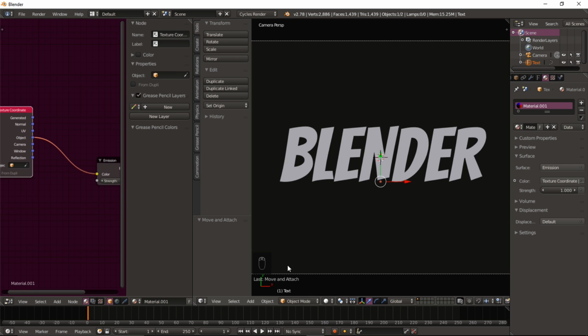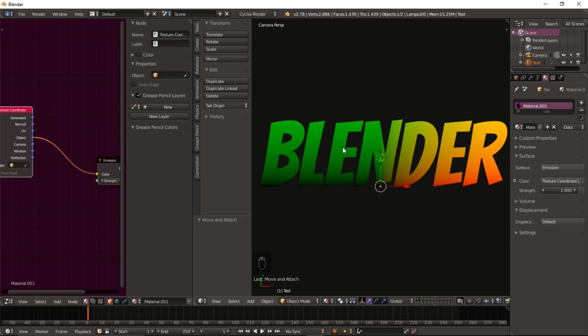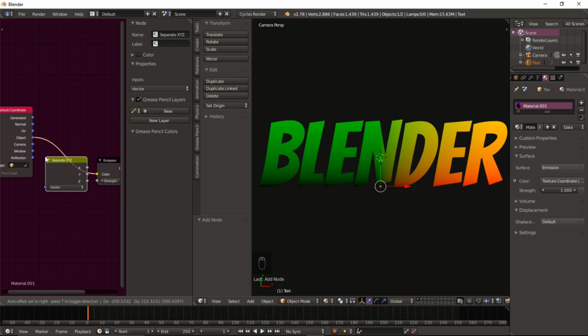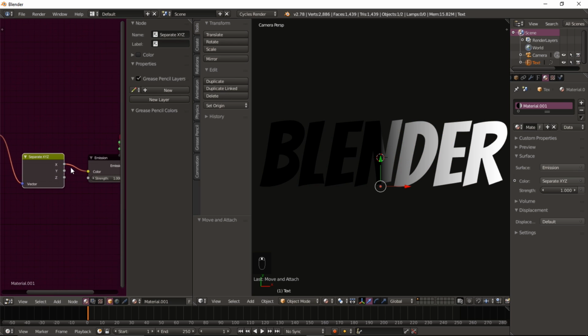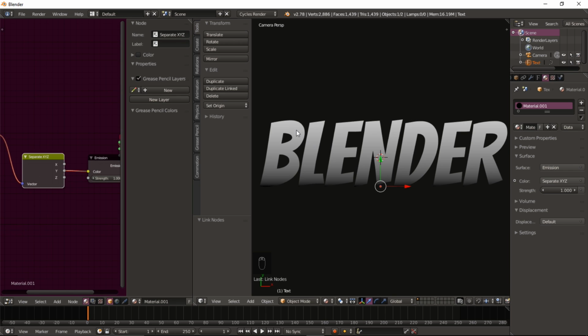So one thing you will notice if you go into material view is you'll see all the different colors of the axis represented here. So we just want the upwards and downwards area, so we're going to separate the y out. So add converter, separate XYZ, and plug it up here. By default it'll do the x-axis, which is what this arrow represents here, which would be from side to side, and we want it from upwards and downwards. So we plug in the y value here, and you can see we got the brightness up here and the